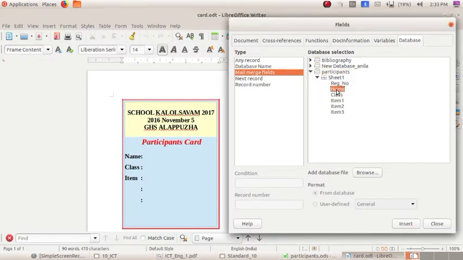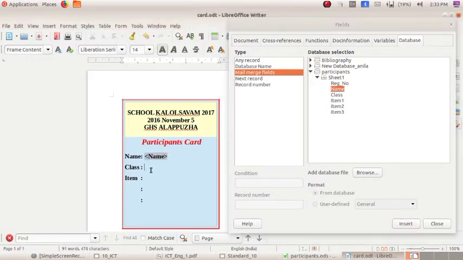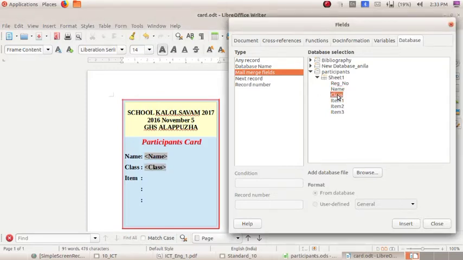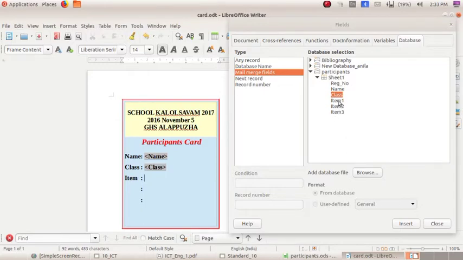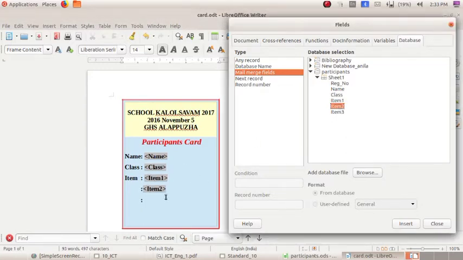Click on name, then click on insert, then place the cursor after class, then double click or click on the insert menu, then item 1, item 2, item 3. So we have filled the first card.